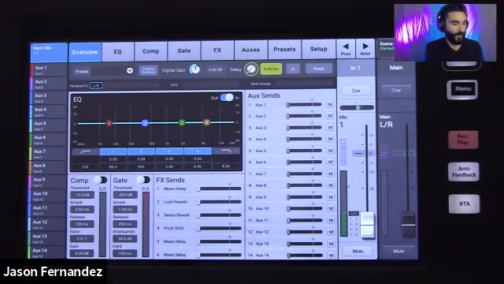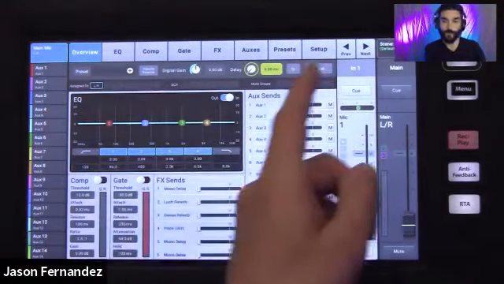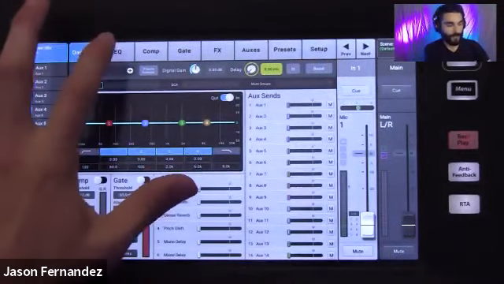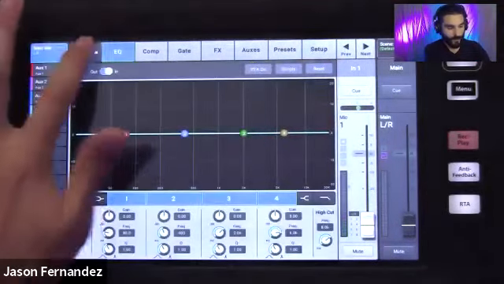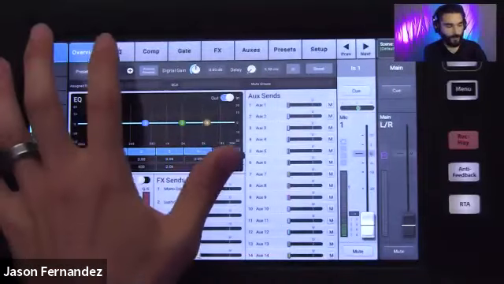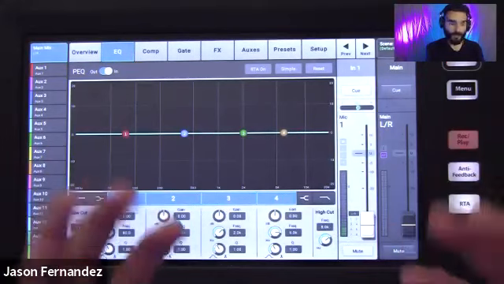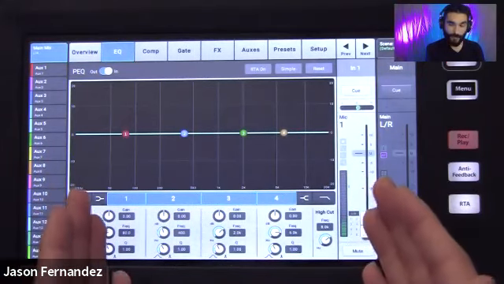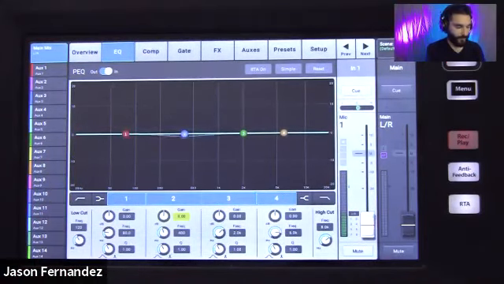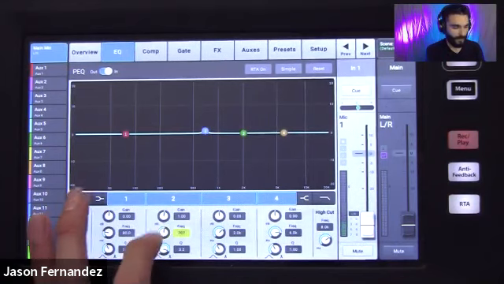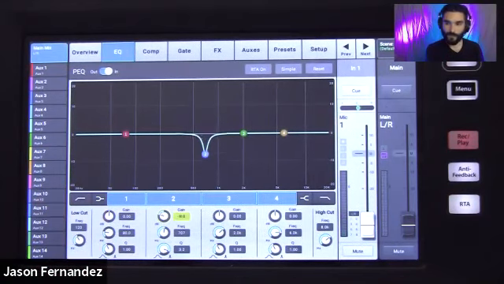Okay, so now I'm going to quickly move through the rest of my channel strip settings here, starting with my EQ. We have all these controls here in my overview, but if I go and select each of them, I have a full screen control for each of these parameters. We're looking at my EQ now. I can select any of my filters here, and I can adjust the gain, the frequency, or the bandwidth, also known as Q, simply by using my dial here.